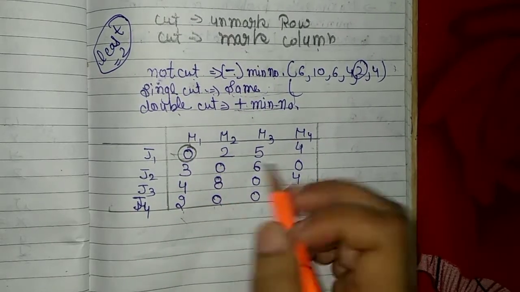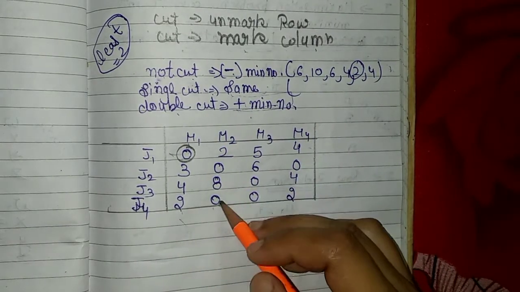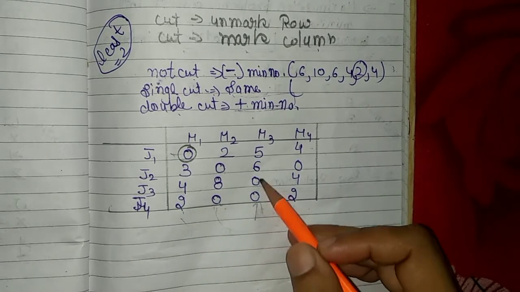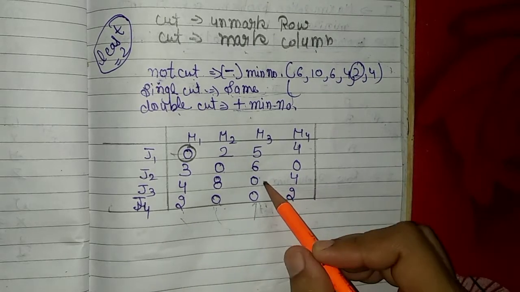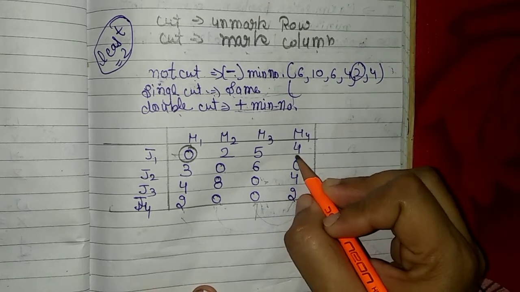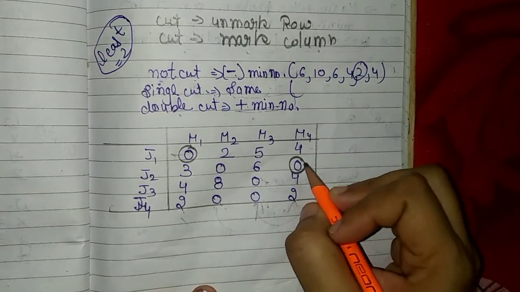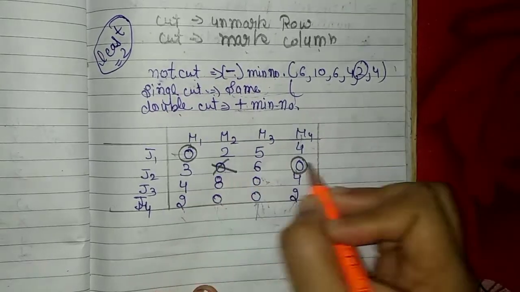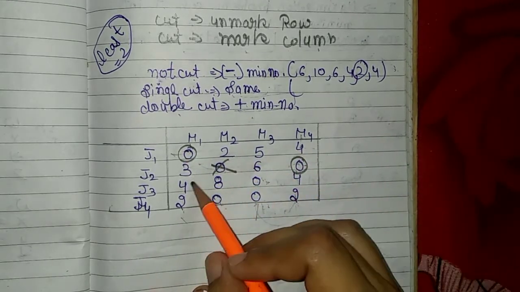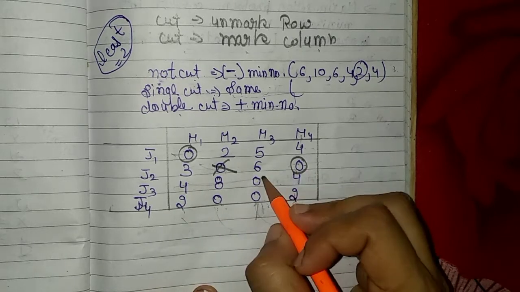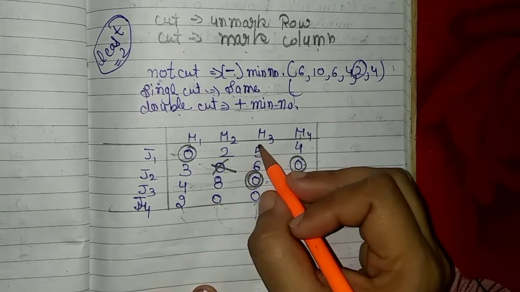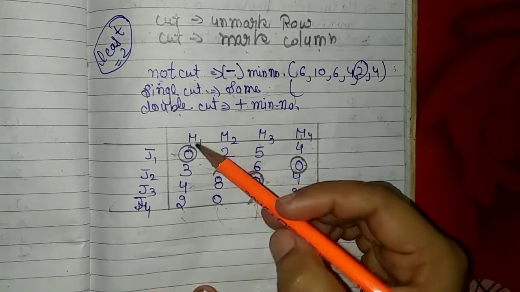Here there are 2 zeros, so we cannot make assignment to them. Here we move toward another column. There are again 2 zeros, so we cannot make assignment to them. Move toward another column. Here is 1 zero, so we make it an assignment. Their respective zeros are cut. Again move row wise. Here in this row there is only 1 zero, so we mark and make assignment to it. Their respective zeros are cut. Then move towards column wise.